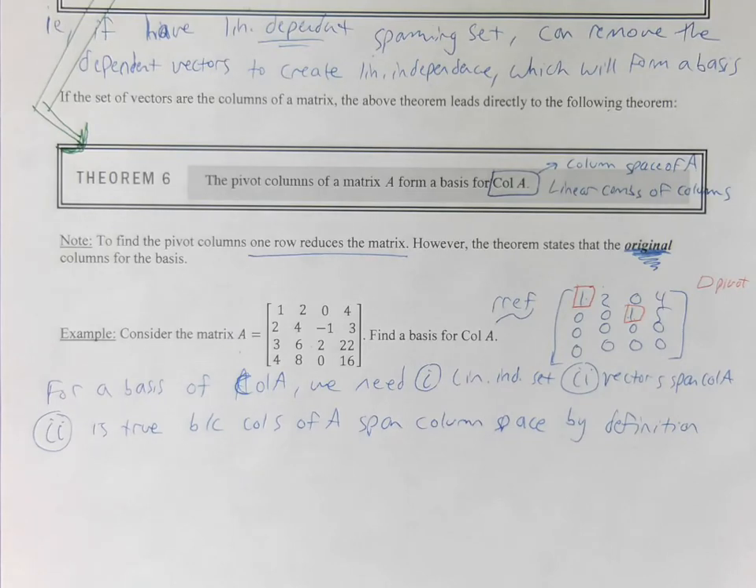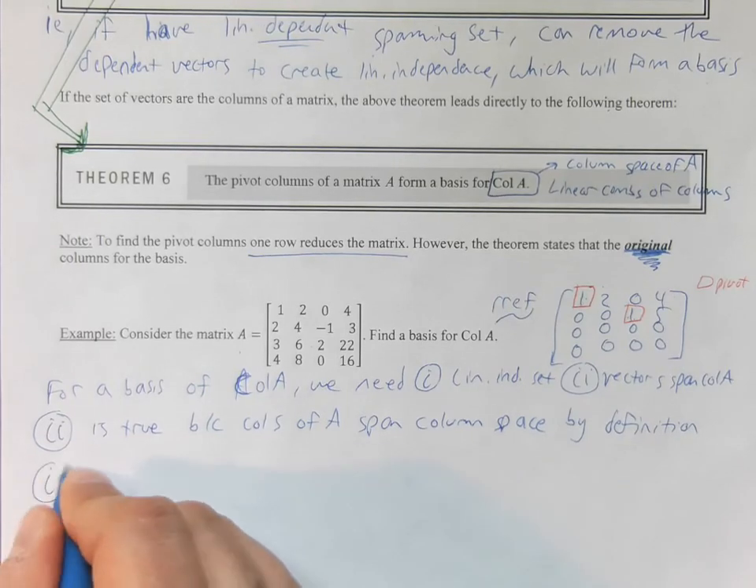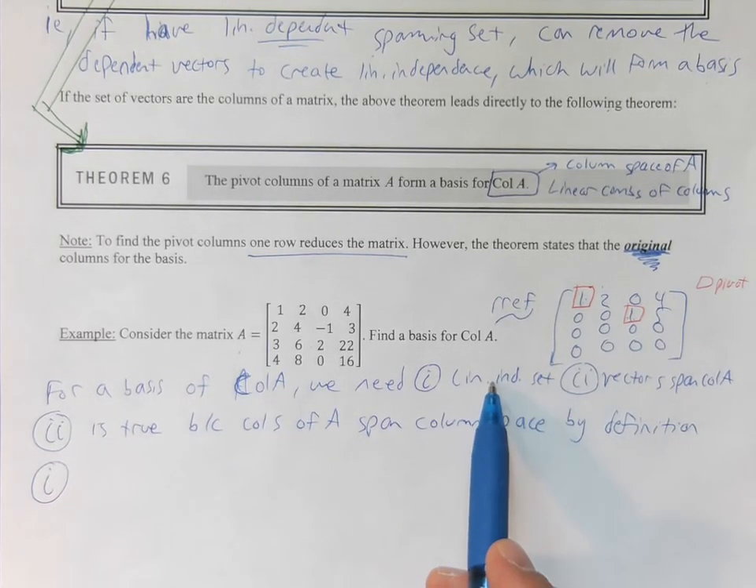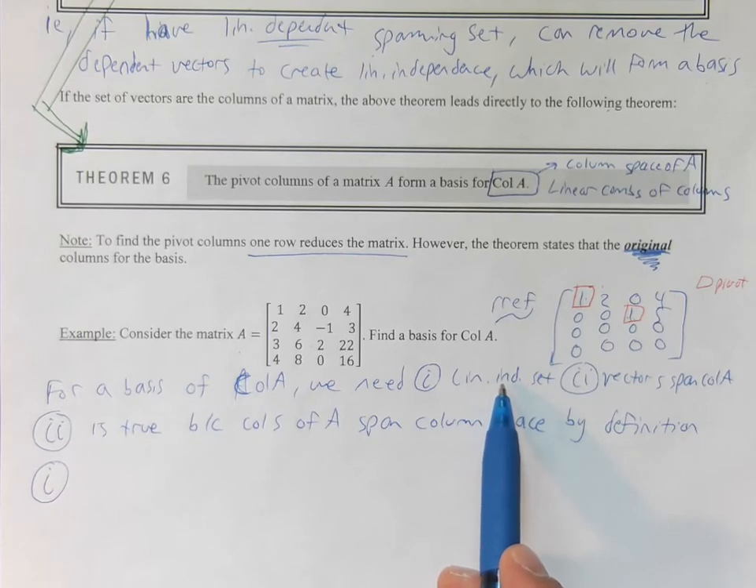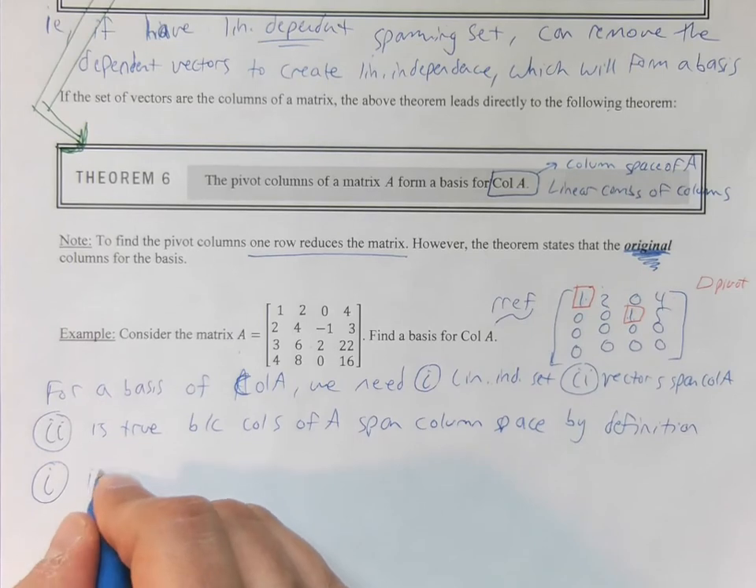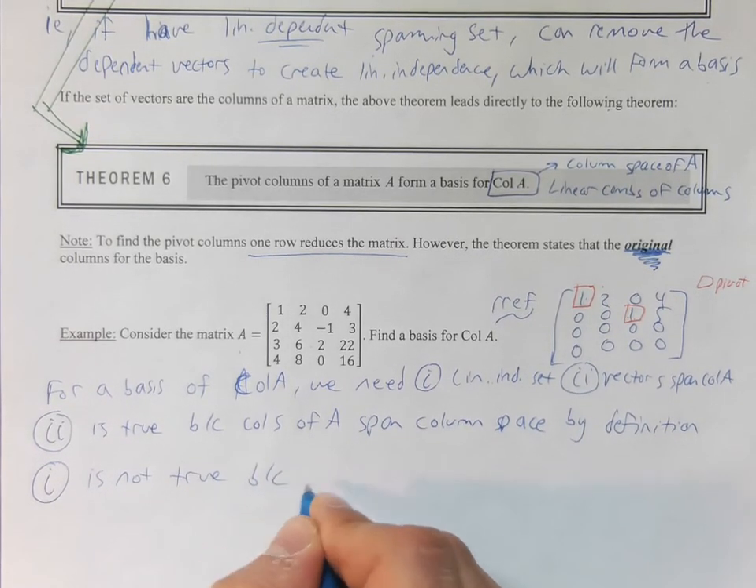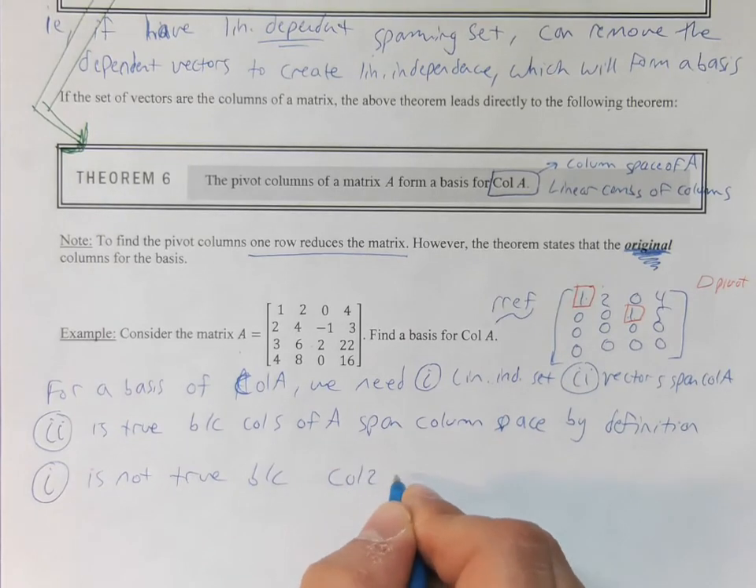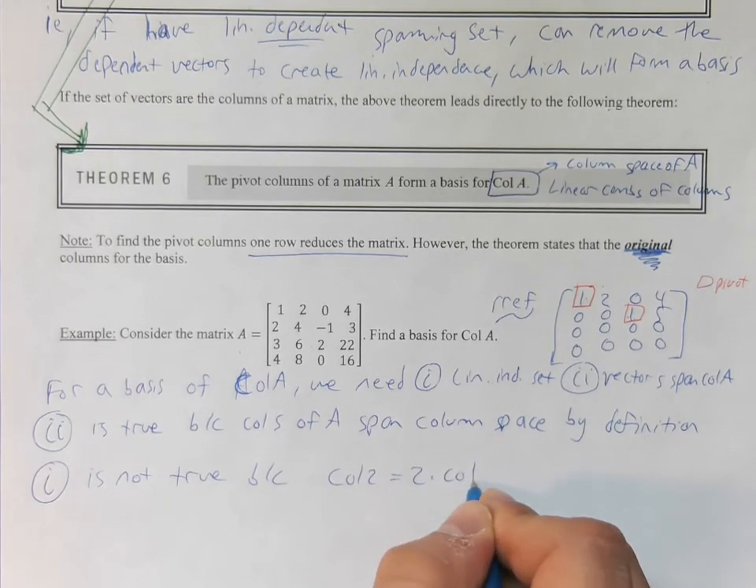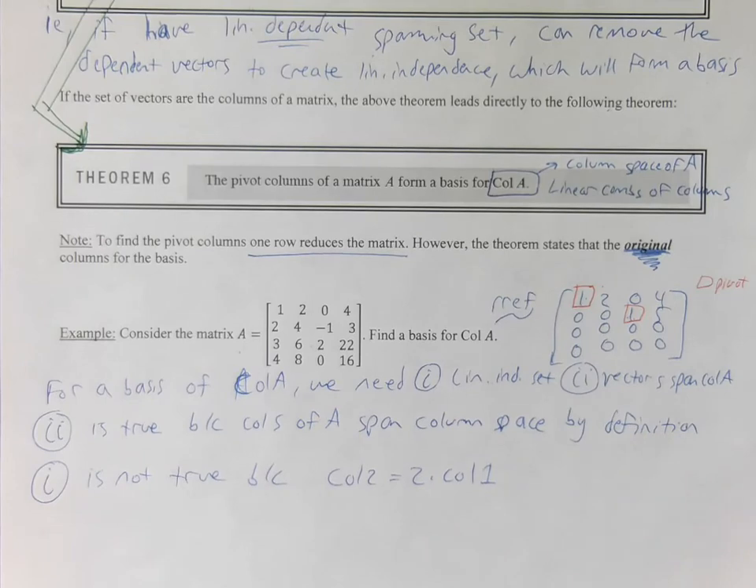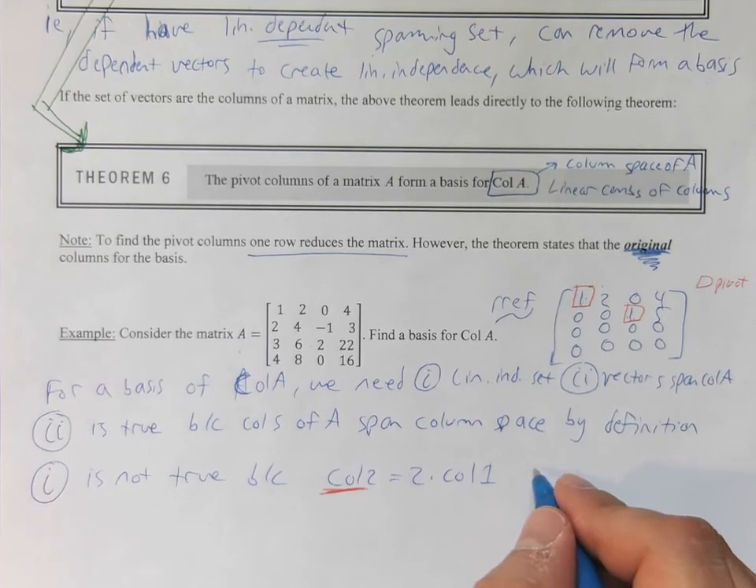But what we see here is that one is not true. The columns are not linearly independent. We don't have linear independence because, for example, column 2 is 2 times column 1, right? So we're doing a linear combination of column 1 to get column 2. Oh, and I just realized the column 4 one. And then column 4,